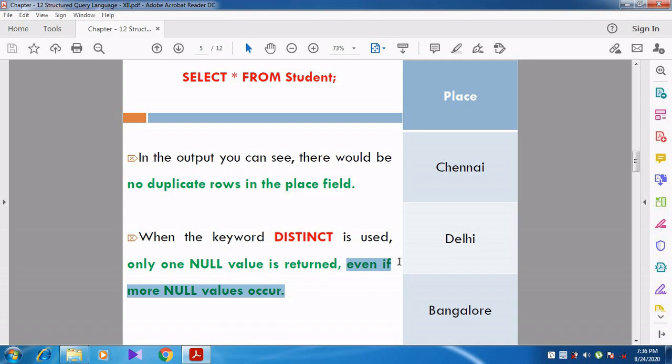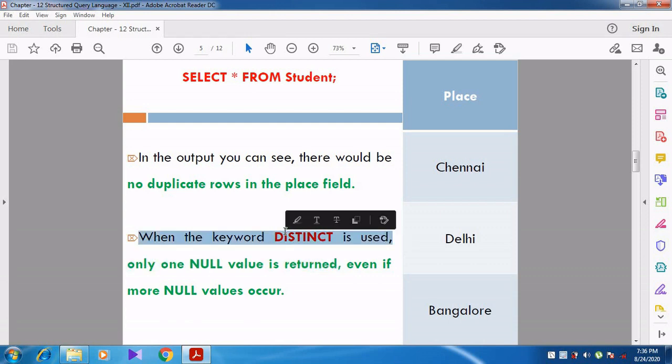All the null values will not be displayed; only one null value is returned, because we are using the keyword distinct. So from this you should understand that whenever we use the distinct keyword, the duplicate rows in the table will be eliminated. Can you understand, students? Even a null value will be written only one time, so all the values will not be displayed.